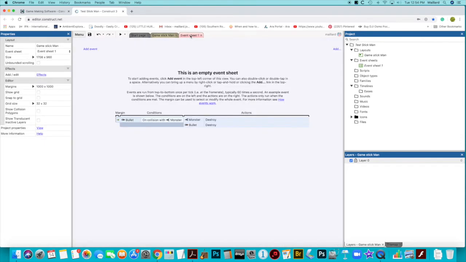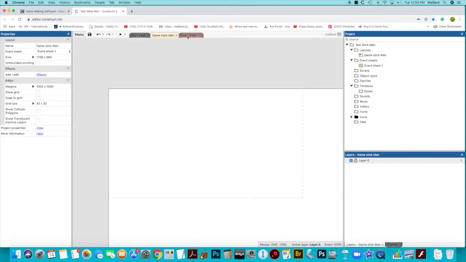So this is what happens. I can go between my event sheet and here. Okay. Yep. There's my grid size. I can show my grid if I want. Okay, that's cool. Good. So I'm going to go over this side and rename my event sheet and just make